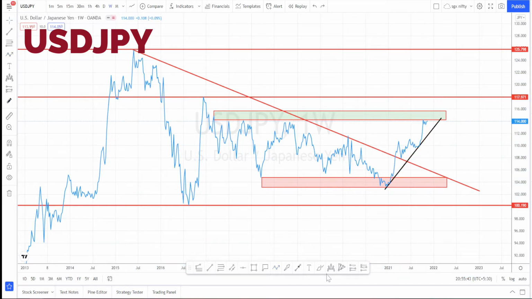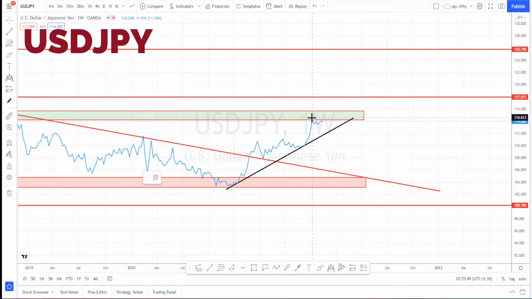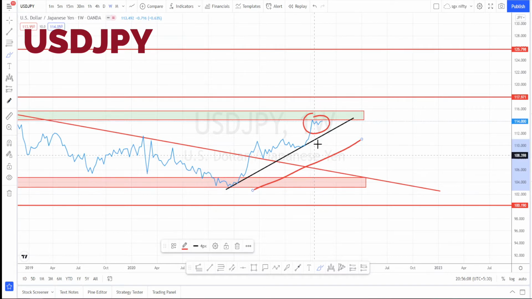And when we see the current price action, it is finding a resistance over here. But overall, when we see the price action, it is in an uptrend and trying to break this resistance, which is around 114.143. So as long as this price remains above this support line, we can say that it is in an uptrend from the weekly time frame view. We can also expect a little bit of retracement and again start its uptrend. Still this currency pair is in a bullish trend.